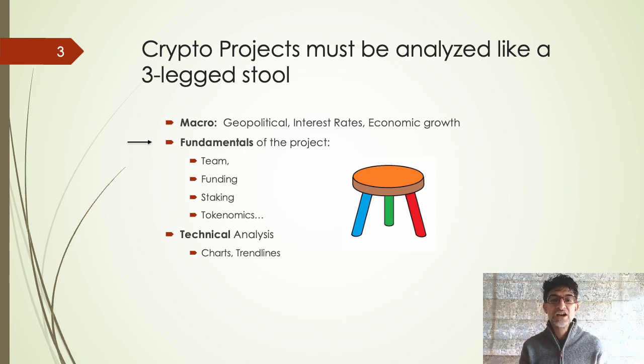So let's get started here. Take a look at the macro factors. Where are interest rates headed? Fundamentals, and that's the subject of today's presentation on tokenomics. And number three, look at the technicals. A lot of fundamentalists, especially fundamentalists, it sounds religious, doesn't it? A lot of people that look at investments are fundamentalists, but they don't spend time to look at the technicals. I think you need to look at both. And they say technical analysis is like astrology for men. I don't know. I think it works. I've seen it work. So try to use all three of what I just listed here.